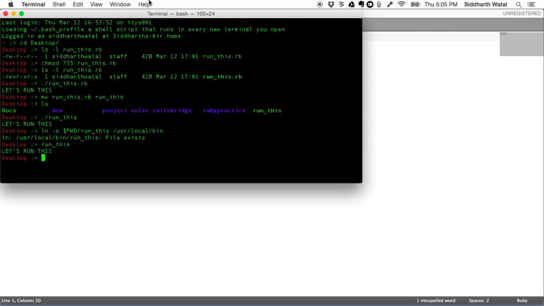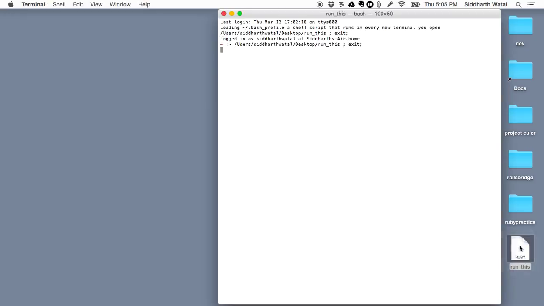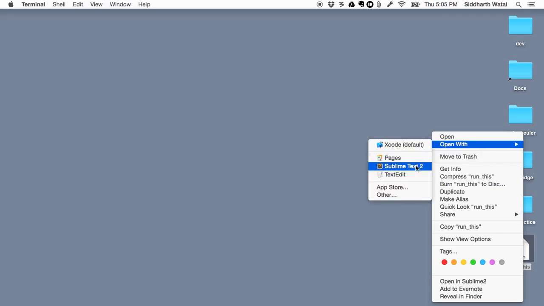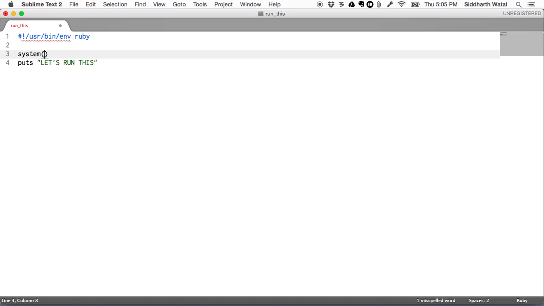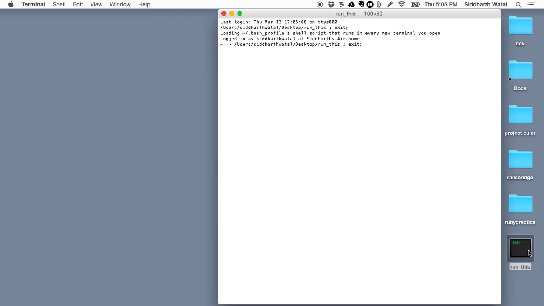Run this, runs it, and what's really cool is if I go to the desktop and just double click, it'll run this. A lot of extra code is added to the top because it's initializing a new window. We can actually get rid of that really easily if we go back into our file and just add this line to it, and this will clear the screen before our line executes. Clear, save. And another cool thing happens: we get this cool little executable icon. Double click, and boom,